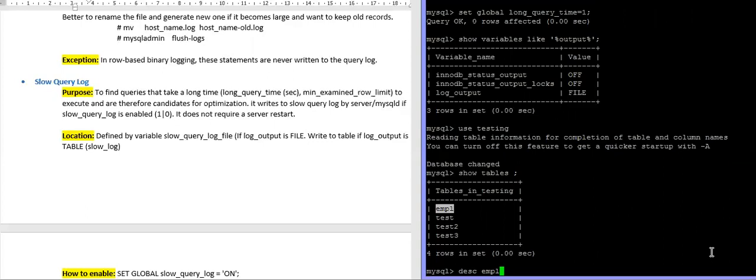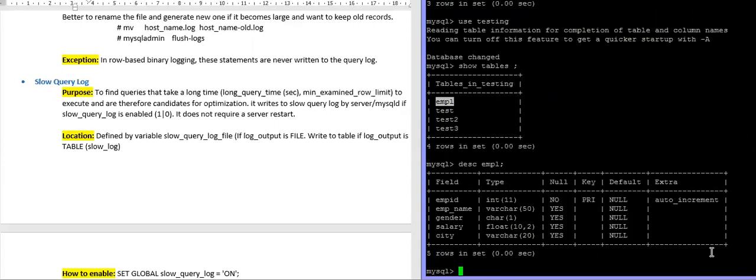In the employee table, I can run the command select count star, comma, like suppose gender, from employee group by gender.